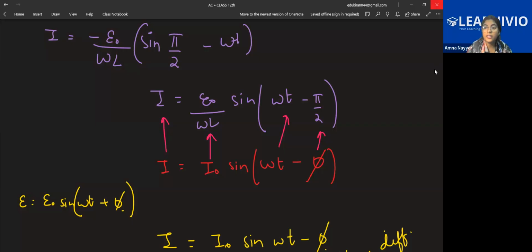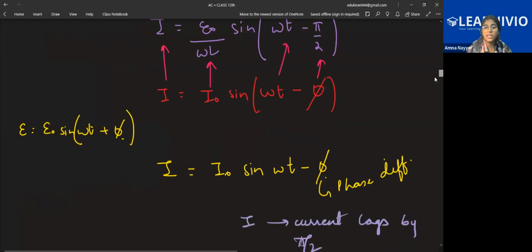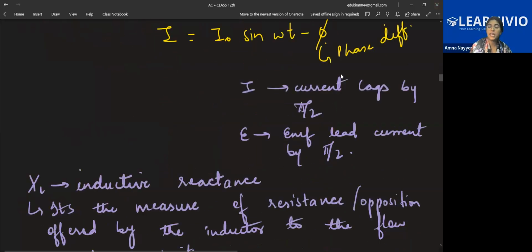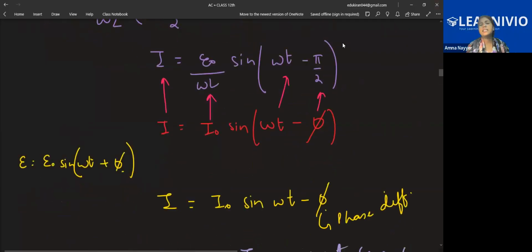So what do you understand from here? I is equal to I naught sine omega t. You should understand that current is having minus pi by 2. Minus means something which is lagging behind. Plus means something which is getting added, something in advance. But look at your equation. The equation is I is equal to I naught omega L sine omega t minus pi by 2. And if you compare it with the main identity, I is equal to I naught sine omega t minus phi,